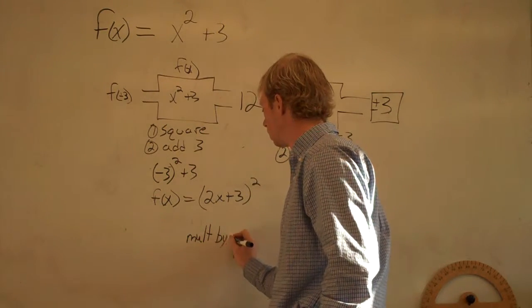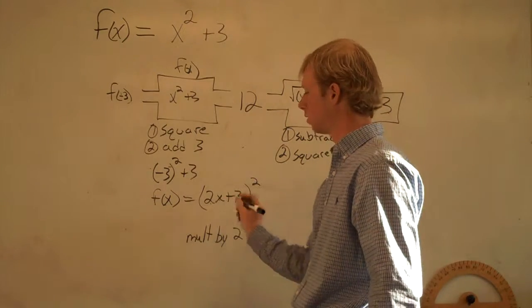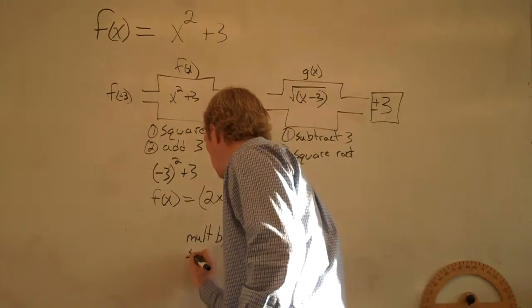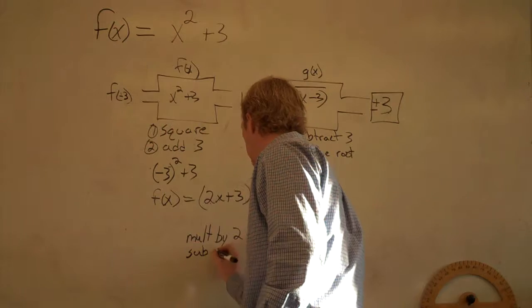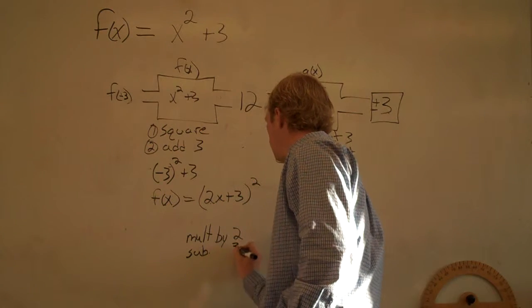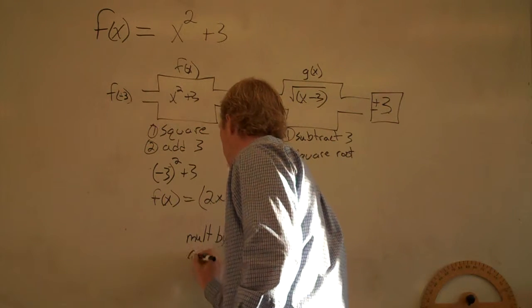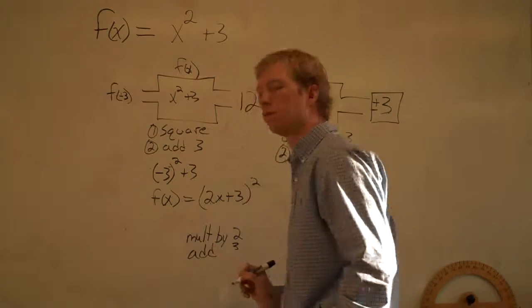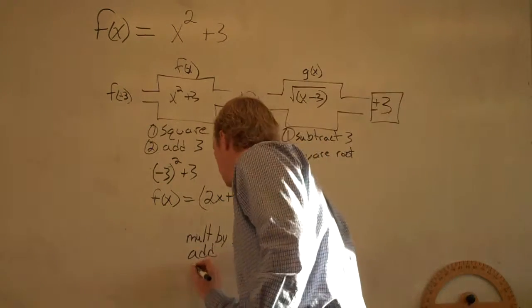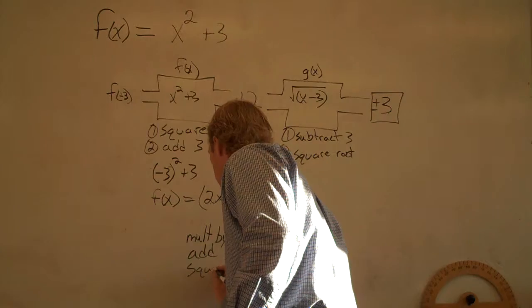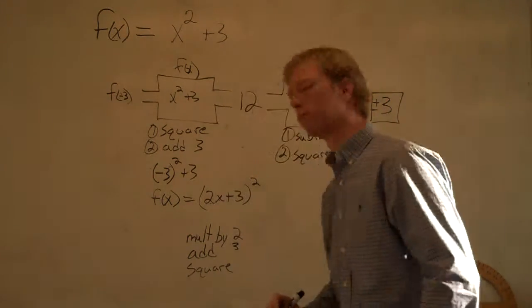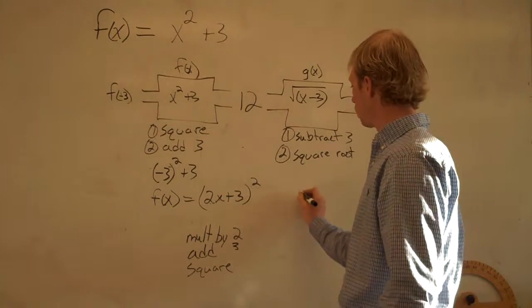Here, my steps are multiply by 2. That's the first thing I do to x. Then I add 3. And the last thing I'm going to do is square. So to find the inverse of this,